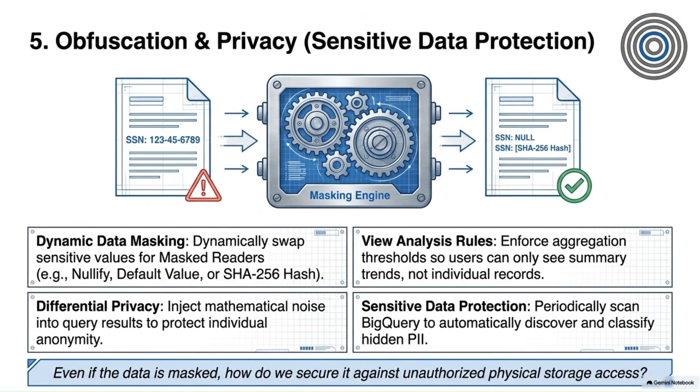Now, since you have already masked the data, you want another level of protection or security, wherein even if the data is masked, you want to protect it on the physical storage. When Google stores the data, you want encryption on it. Whenever anyone from their application tries to access the data, first they have to give the encryption key. So they should have an encryption key. Okay, then only it will be revealed, and all the layers which we have already discussed will follow, like the first layer which was IAM, second layer was